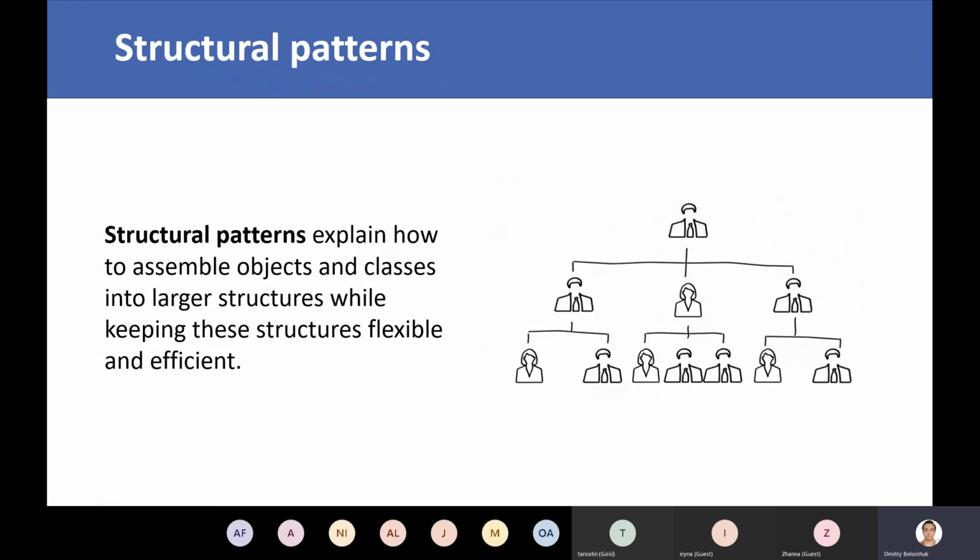Questions, structural patterns are the next one. And these patterns explain how to assemble objects and classes into larger structures while keeping these structures flexible and efficient. So we already have a set of objects, and we have some kind of factories and abstract factories that create different kinds of abstractions on top of those objects. But how do we actually manage them? How do we put them in structure? And these structural patterns are not just about how we define stuff in our files, but how we actually manage